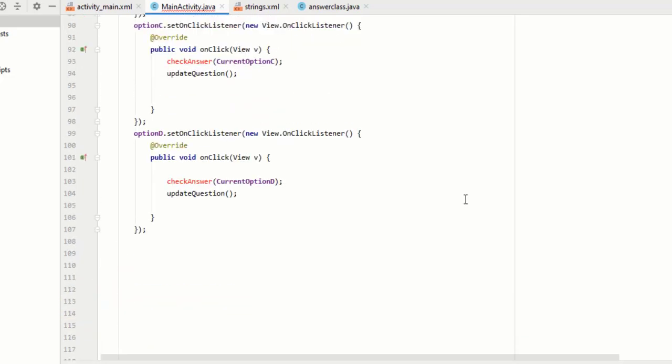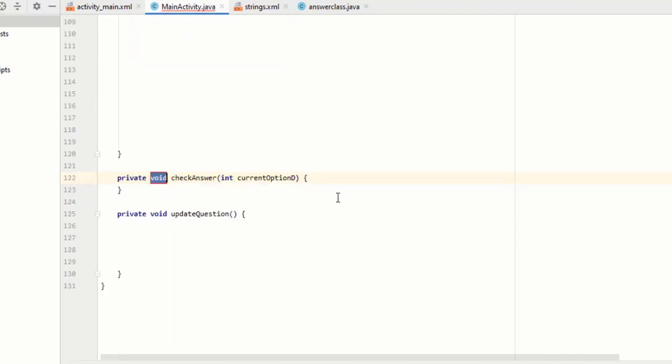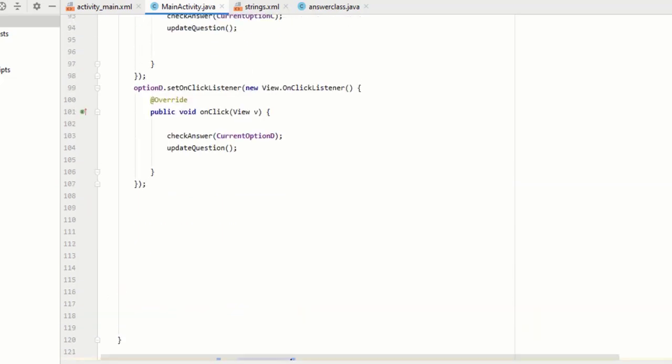Now create one more function for check answer. Take your bulb here, create method and main activity, and you can see now it creates the function. Now here I have to replace this. So here I have to give some different name, and here I give the variable name user selection. So it does not matter whether the user selects any option, we have to store that value inside our user selection, and lastly we verify it by our correct answer.